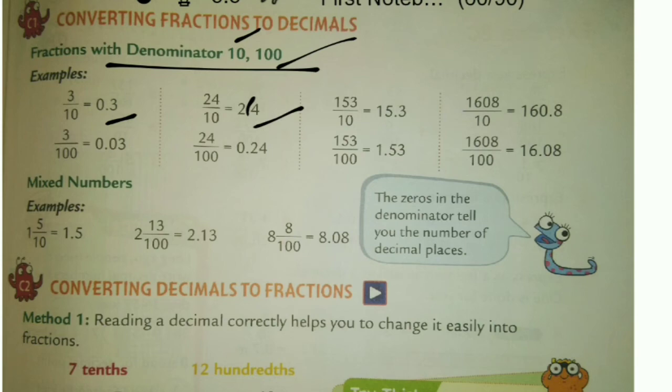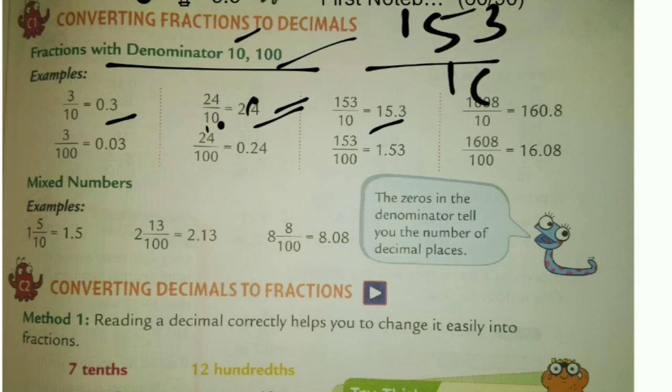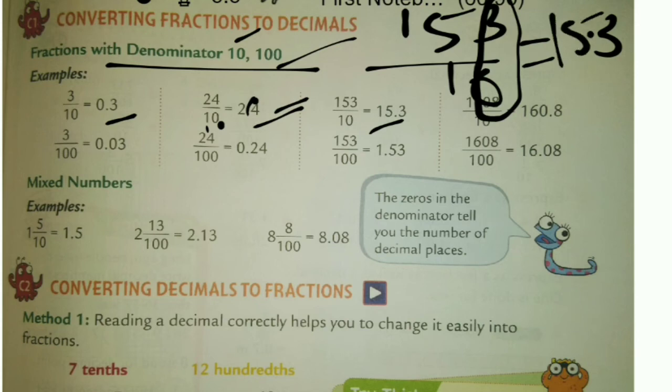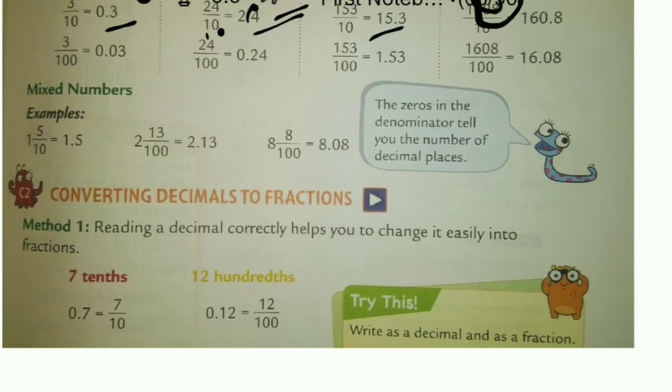153 upon 10. See, in this one more logic is there. We can compare the 0 and this last number. See, 0 and the last number is only 4. So in place of 0 we can write 4, and this 1 represents the decimal. Look here, 153 upon 10, like this. Okay, so we can compare this. We can write 3. Then here is 1, it means now we can put the decimal and then write 5 and 1, 15.3. Like this we can write, and here is the mixed one. So this whole number will come before the decimal only.